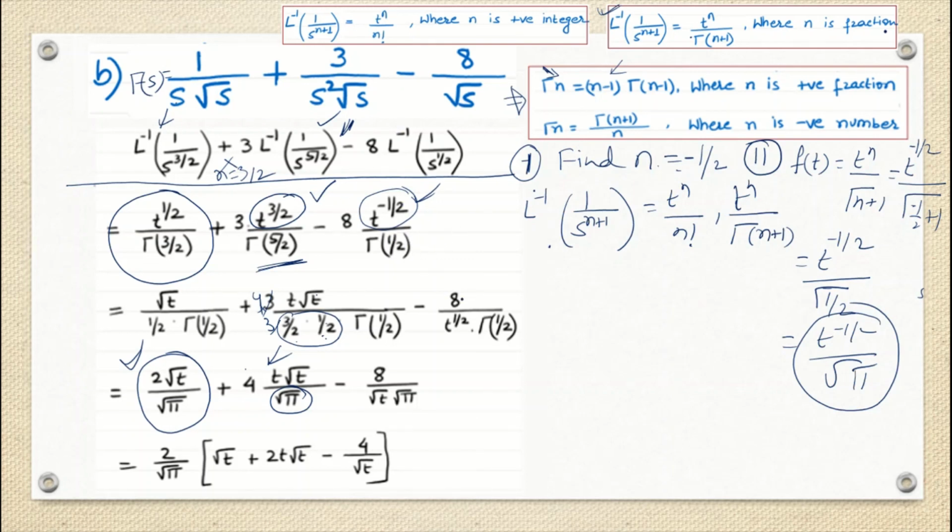So the 8 is just present here. This is t to the power minus half. You may leave it here only, or if you want to put it into the denominator, because of the minus half, it will come into the denominator as t to the power half, and then this is nothing but under root pi. So till now, we are done with the answer. After that, there is just one line where we take common from all those terms. So 2 by under root pi is common in all those three terms, and this is under root t plus 2 we have taken, so 2t into under root t minus 2 taken, so 4 by under root t.